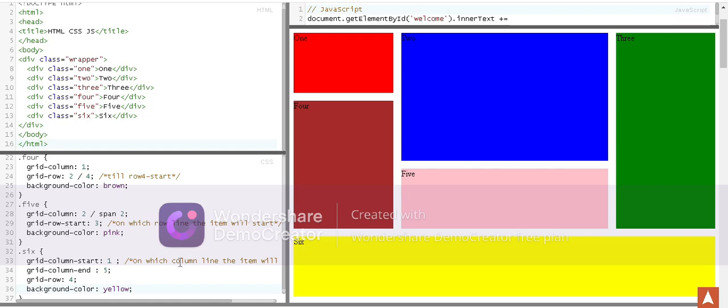Now the last, we have used grid-column-start and grid-column-end. We can see the grid column started from the first column itself and it is ending at the start of the fifth. Okay, if I make it 4, you can see it is ending at the start of the fourth column. Let me make it 5 to revert it back and get that layout. Okay, now you can see grid row fourth. It should be in the first, second, third, and the fourth row. And we have given the background color as yellow.